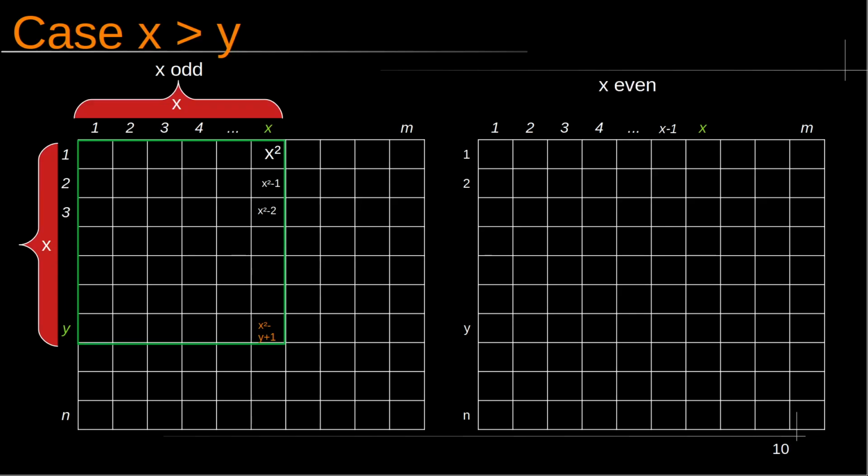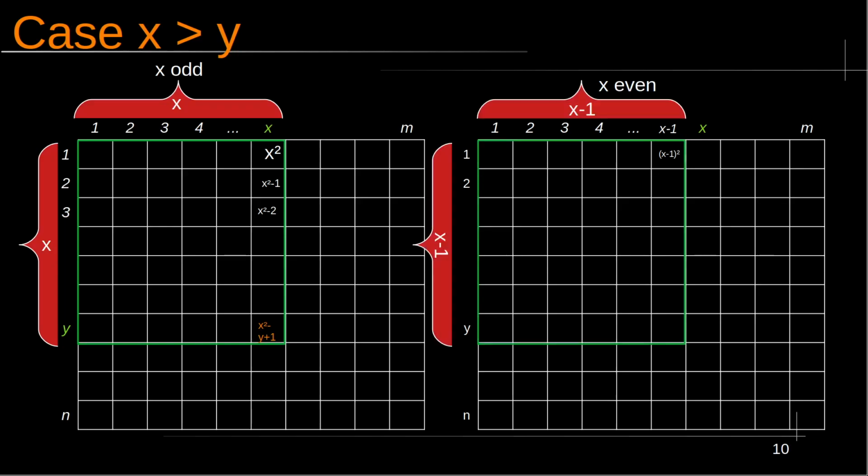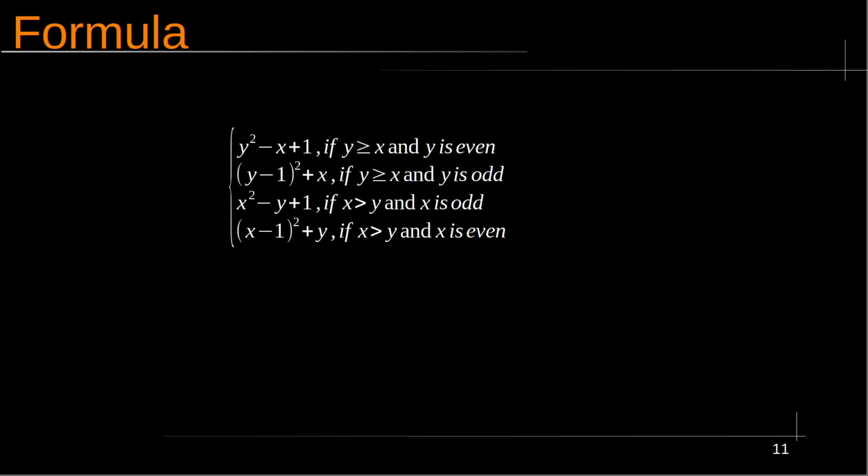Same here. If x is even, so x minus 1 is odd, so we can compute its square. We can use that square to compute the element in the next column, which is the first element x minus 1 square plus 1, here plus 2, plus 3, etc., and plus y. So, general formula,